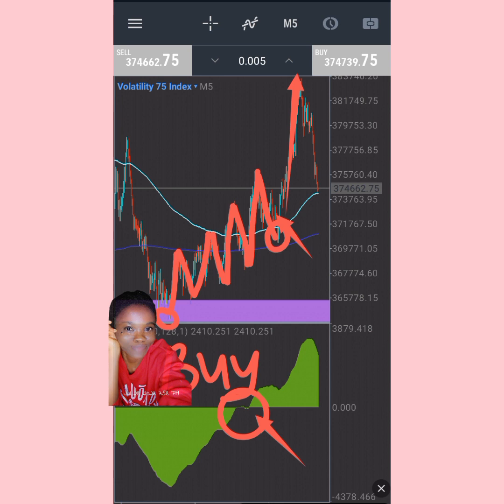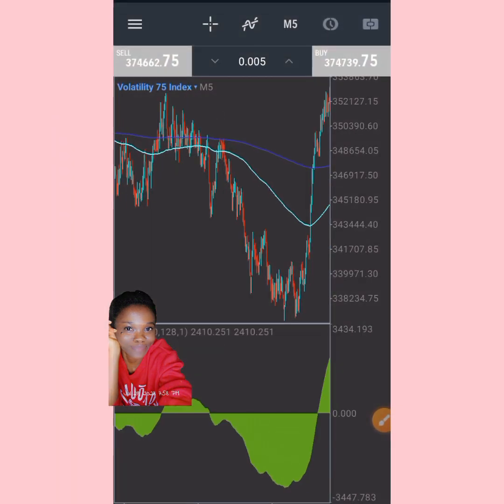Now let's see the sell example of this. For the sell example, the conditions remain the same. Having seen that price has just started the lower low, the lower high, boom, price breaks below the 200 moving average. This is the 200 moving average, just like it was in the buy scenario. Price breaks the 200 moving average and gets back to retest. Always